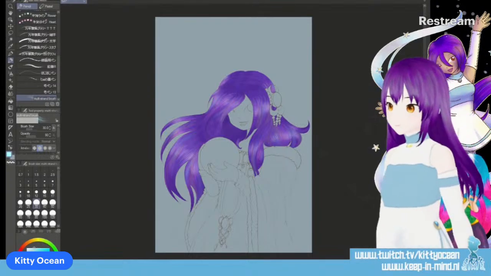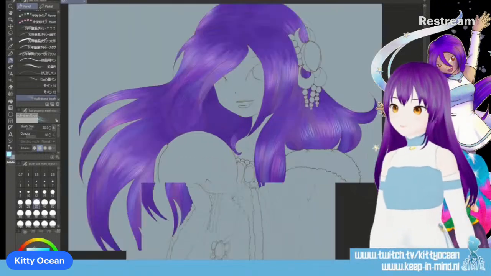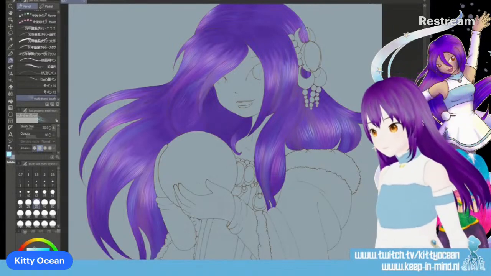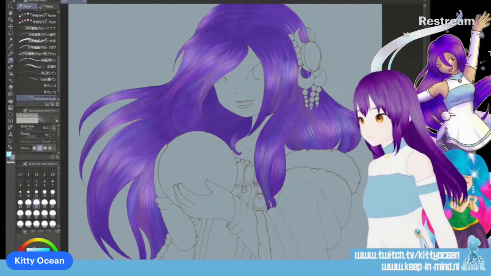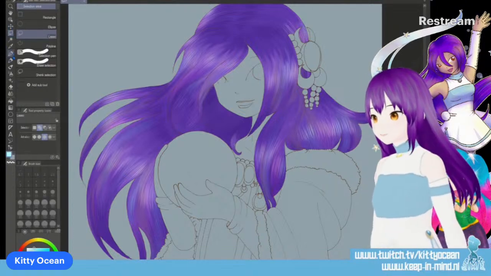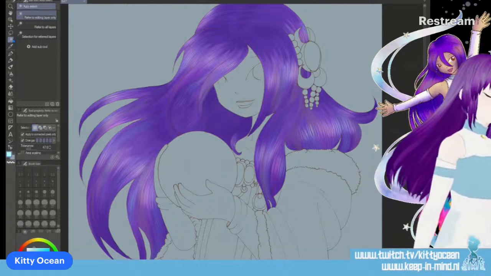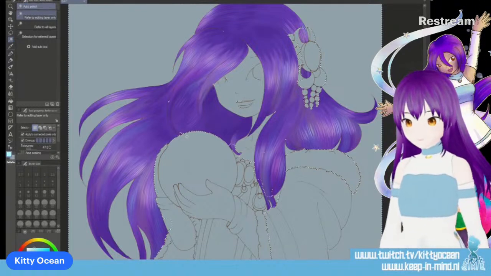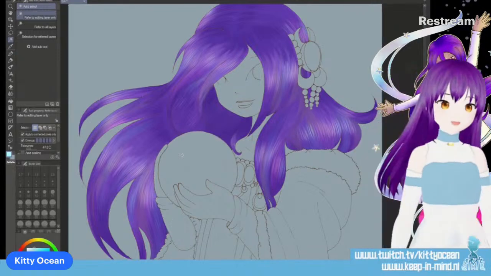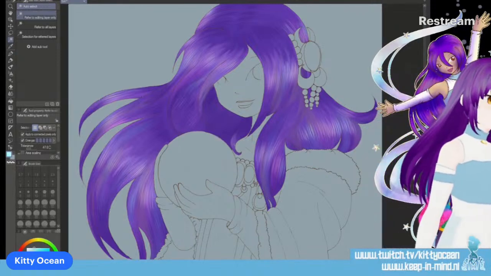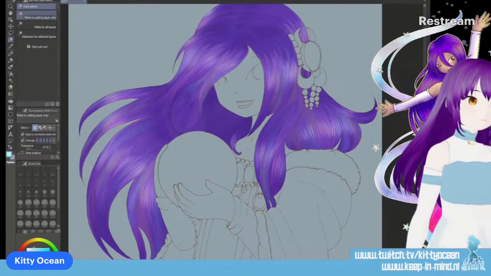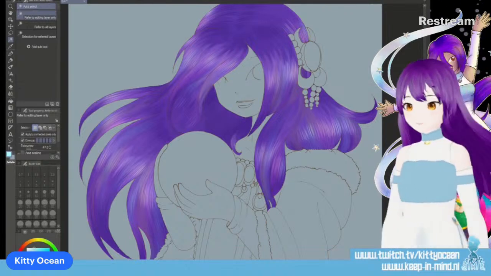Now we're gonna get the big shades and highlights. Is this something I can select? Nope. I just need to do that by hand. Shade.